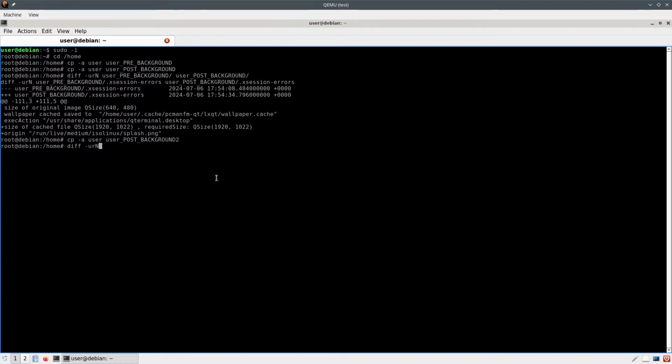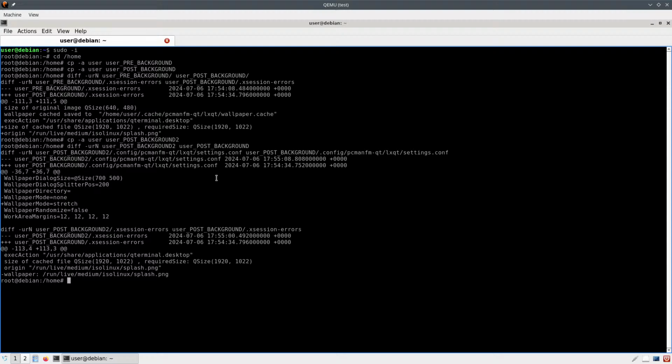So I guess it's like user post 2, and then I want to go to user post without the 2. Wallpaper mode stretch. Wallpaper mode stretch. Is this something that we already had